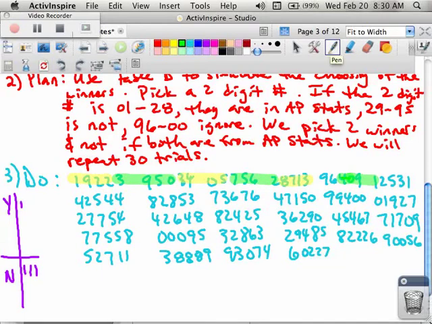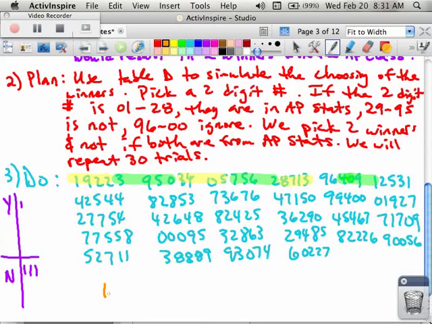If I do that and I get done at the end, I find out that there was, in total, only 1 yes, and there were 29 no's. Meaning, only once did both winners come from the AP Stats class. That's what it means, as I do the same process all the way through. Notice how this 96 over here was discounted because it wasn't 1 through 95. I don't even look at it. I pass over. Is that making sense?